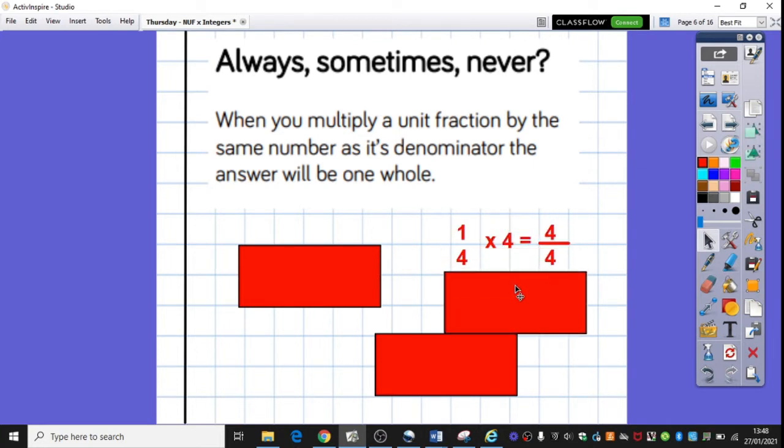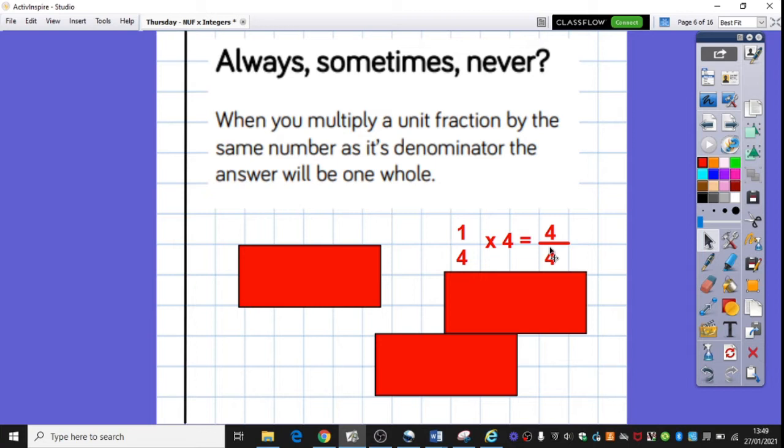So here's my unit fraction, 1/4, and I'm multiplying it by 4. So it says when you multiply this unit fraction by the same number, so because we're looking at quarters here, we've times it by 4, the same number as its denominator, the answer will be a whole. Well, in this case, yes, because 4 out of 4,